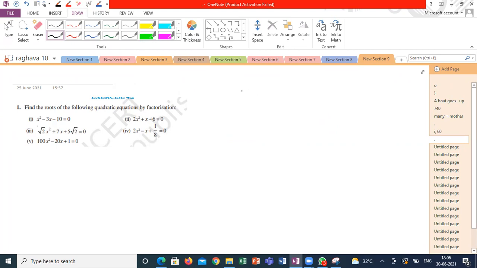So first check whether it is in standard form or not. First question I am taking, yes, it is in the standard form. x square minus 3x minus 10 is equal to 0. This is in the form of ax square plus bx plus c is equal to 0. I have to split the middle term. First term is x square, and the middle term